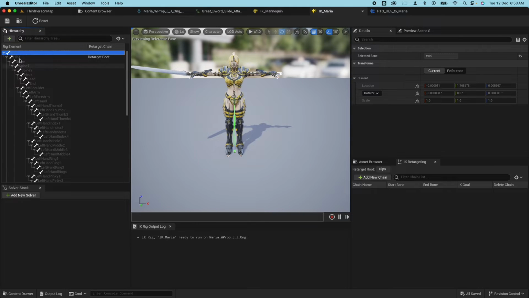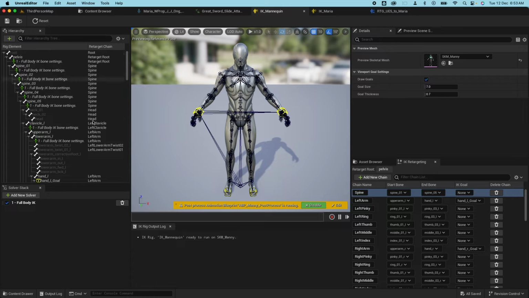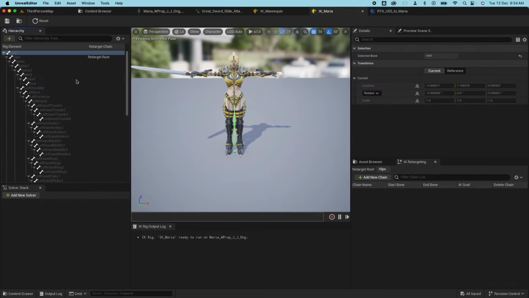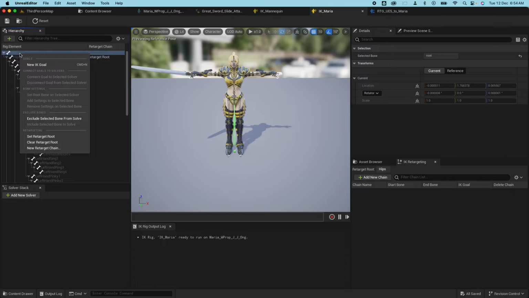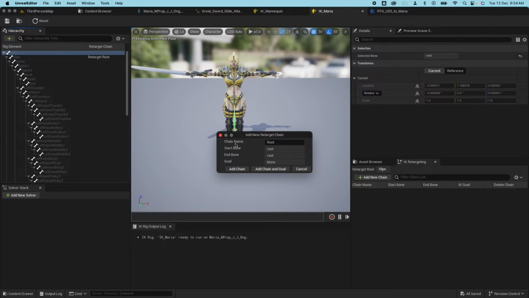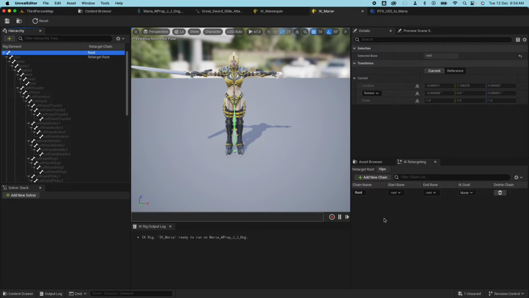So it's pretty easy. Start with the root. You could look at the IK mannequin and see how it was done for reference. So for root, that would be its own bone. I could right click and set new retarget chain. The chain name would auto populate most of the time, but if it's not, you would need to manually